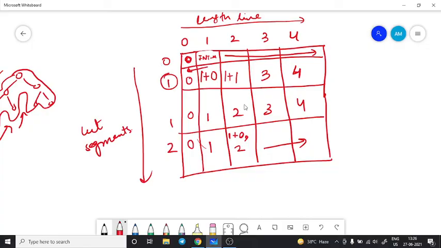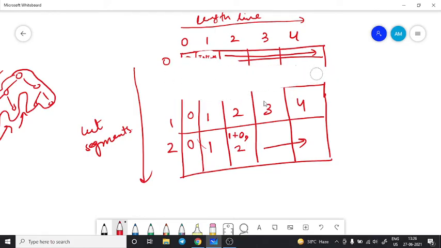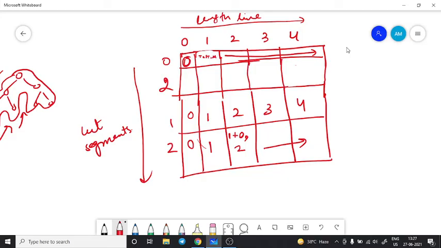Why integer minimum? Let's look at it here. For instance, suppose the first cut I took was of length 1. Now if I remove this entire first cut, let me draw it again. Assume that the first cut allowed to me was 2 here, and all of these values are integer minimum. Let us see why we are taking integer minimum only, and not any other value for the base condition. Now here it would be 0, and similarly here it is integer minimum.